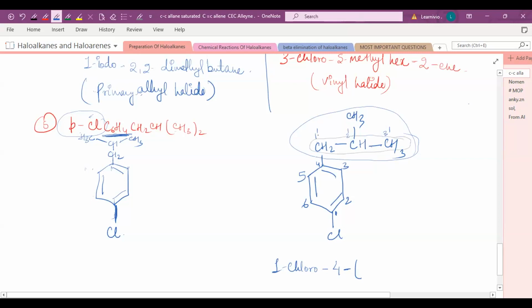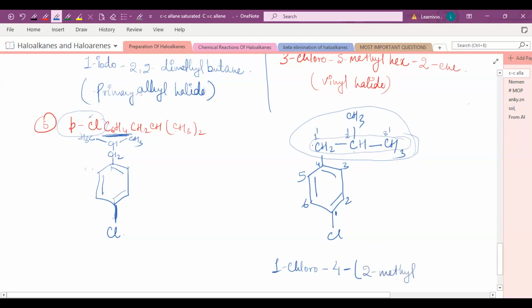So primary 1 degree, so not 1 degree, 1 dash, 2 dash and 3 dash. Suppose we have given the numbering 1 dash, 2 dash and 3 dash. Now you will write on the second position, 4, comma. Now in the bracket you are naming this group, this whole branching. So on the second position of this carbon, see on the 2 dash position, this carbon, there is a methyl group. So you will write